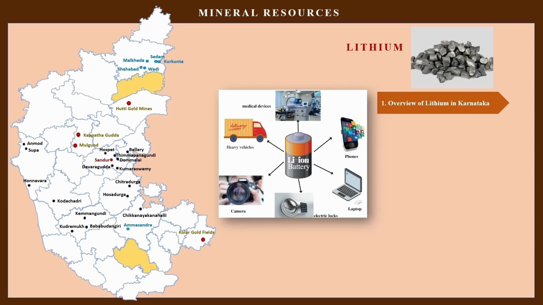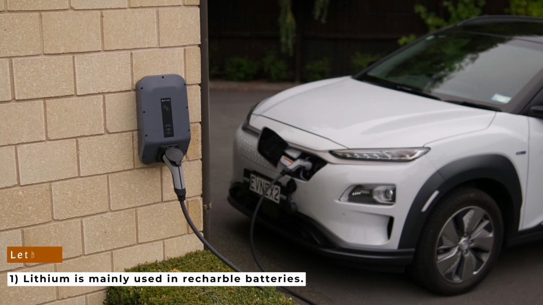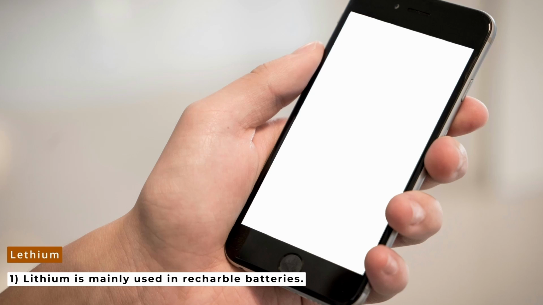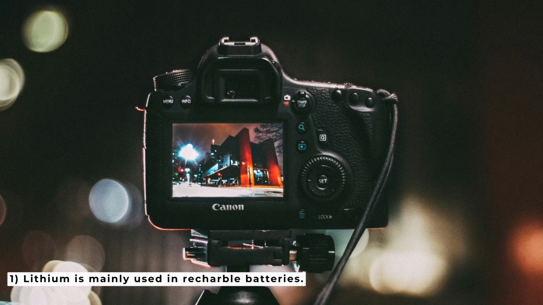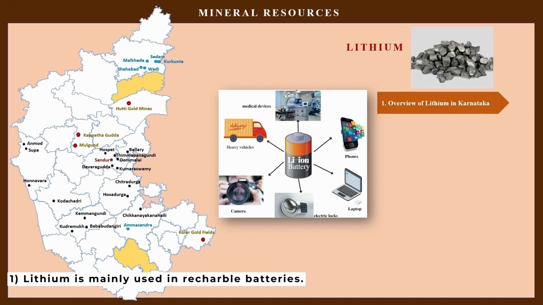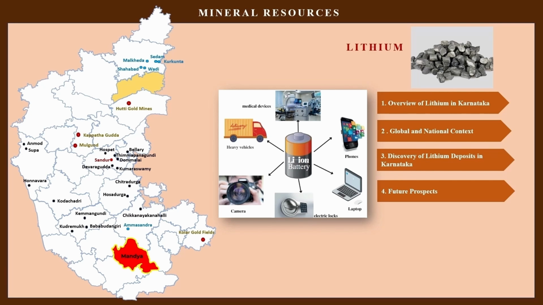Lithium is mainly used where? In manufacturing of rechargeable batteries, which are essential in EVs, laptops, and mobile phones. These are lithium-ion batteries, which are used in almost all the important devices like medical devices, phones, laptops, cameras, and heavy vehicles. All EV vehicles need lithium-ion, and hence we did research where in Karnataka we have found some amount of lithium in the district of Mandya. Also in Yadgir district, we have noticed some minor deposits of lithium. However, no production has yet happened. We have only identified these places.